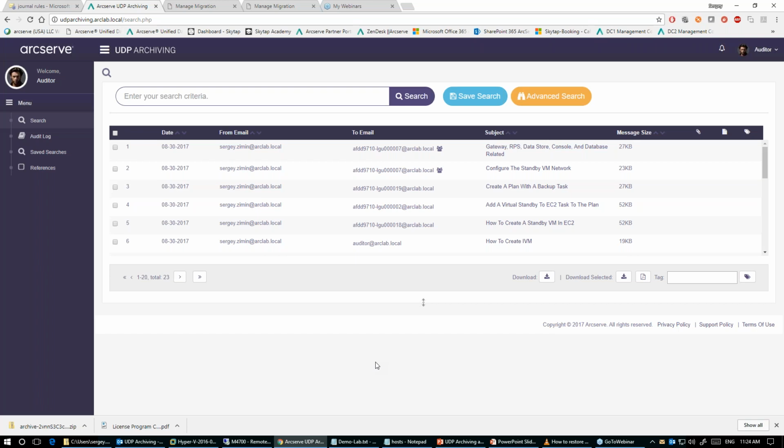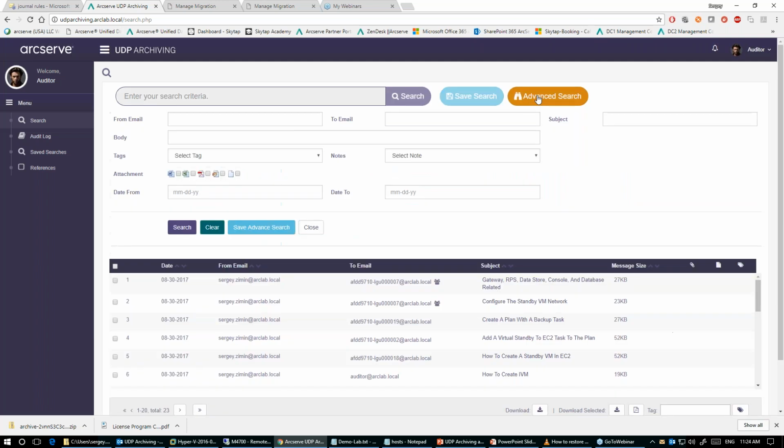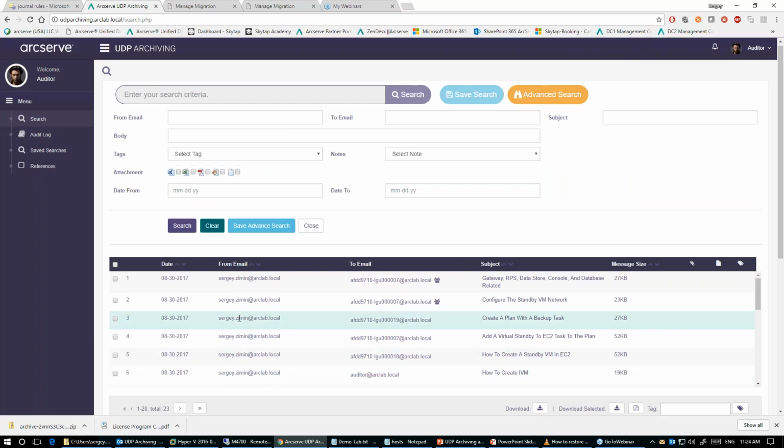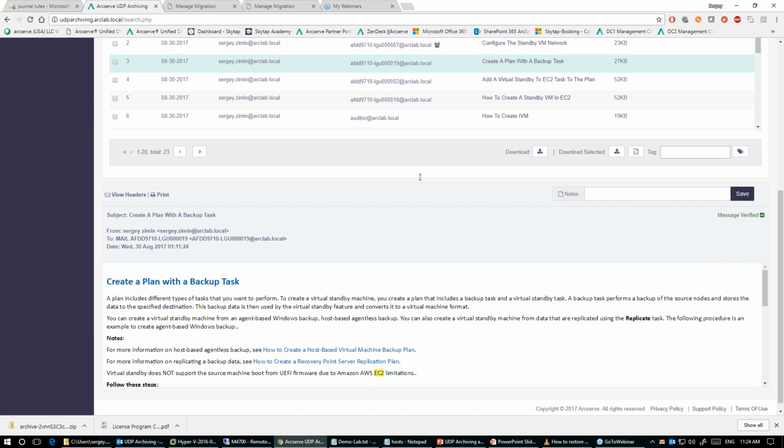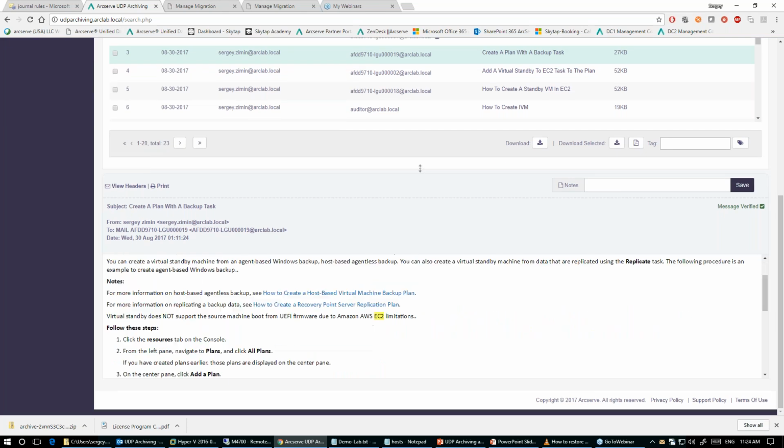And this is auditing type of account. So as you see here, search can be fine-tuned based on these criteria listed here. Any material found on this page can be read in real time, can be examined in real time.